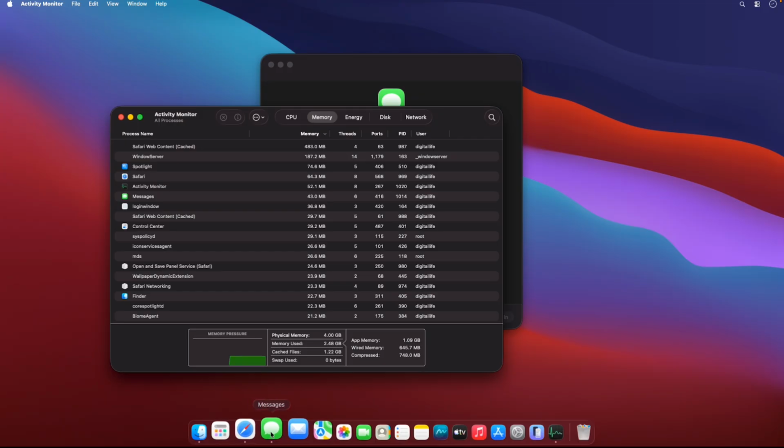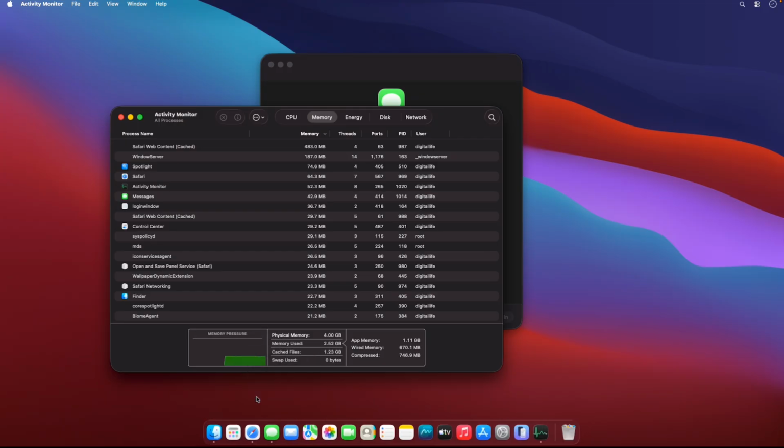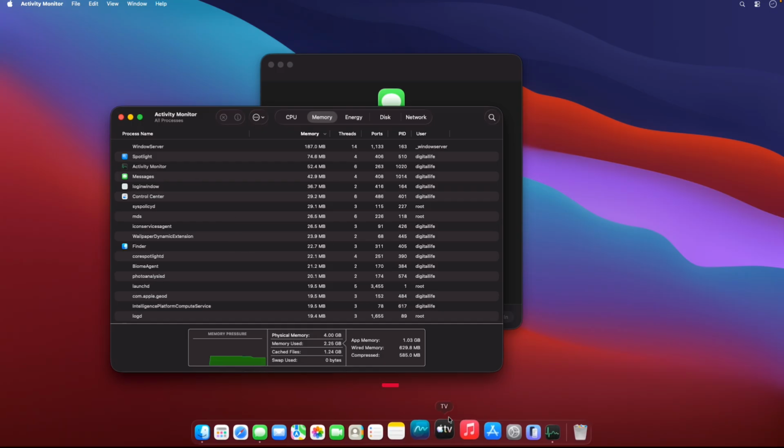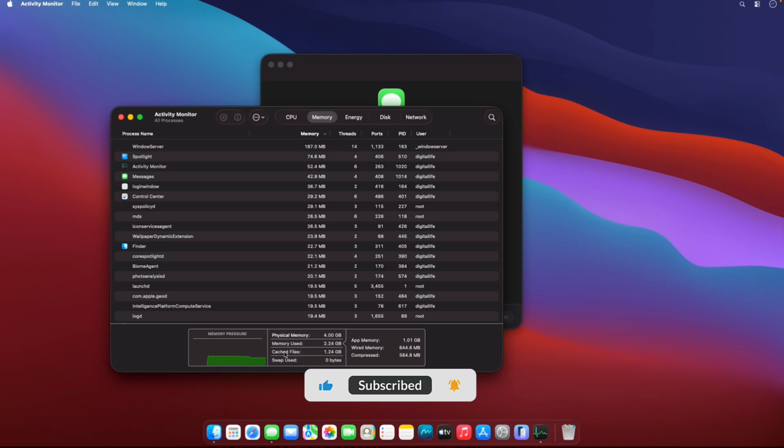Similarly, if you are on the dock, you can right click on that particular app and then click on the Quit button and it will close. So this way you can free up the RAM for the applications that are no longer in use. You can see the RAM graph has fallen slightly. If you go on clearing those applications that are not in use, it will automatically free up your